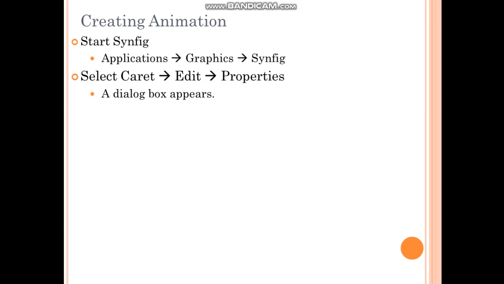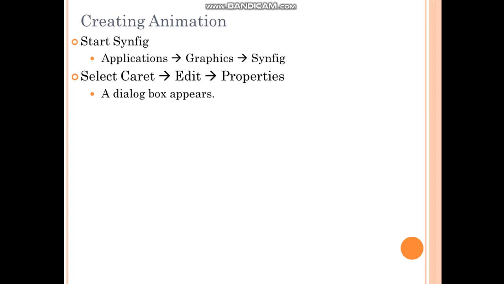Remember, this is regarding the Linux operating system. If it is the Windows operating system, then it will show you the Start button. If it is Linux, then it will show you the Applications button. So here you have to click on Applications and select Graphics, Synfig option.